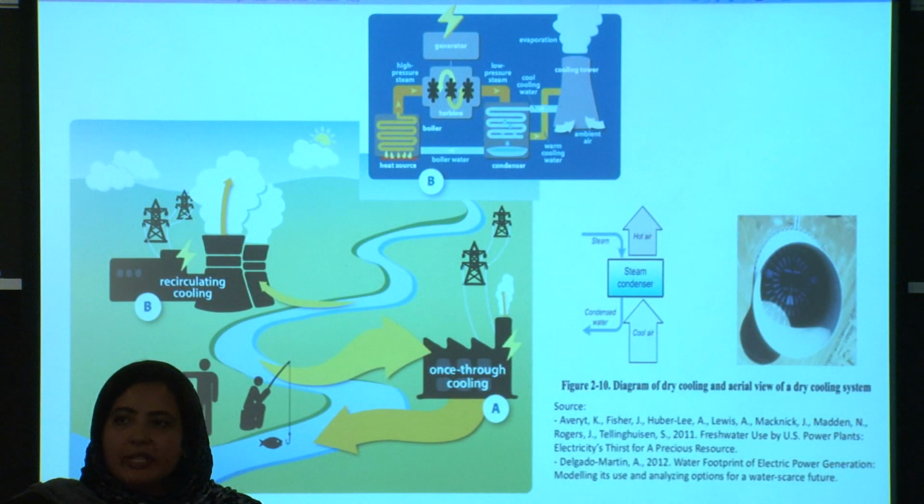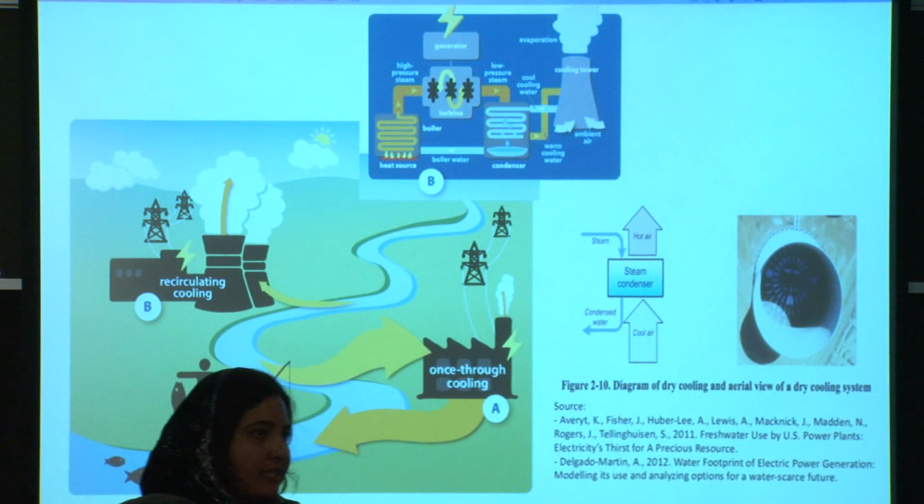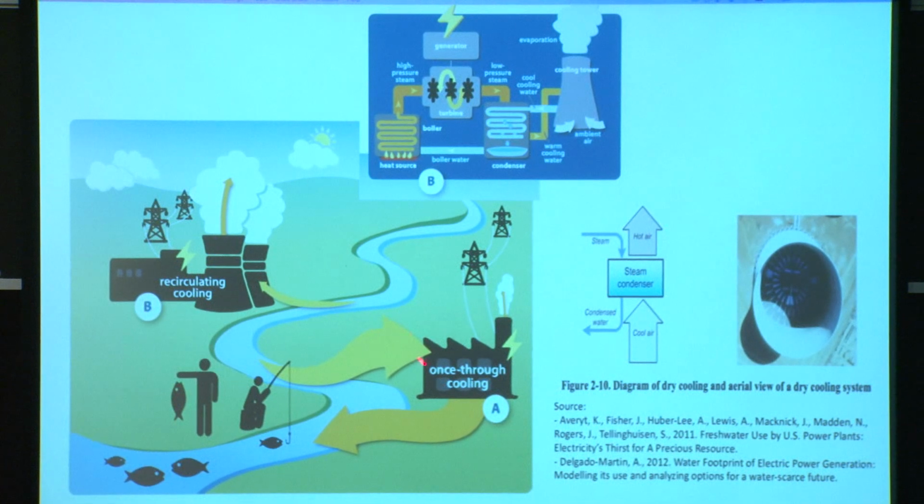In Saudi Arabia, we mainly use 3 cooling systems, but this model measures the amount of water used in 2 cooling systems. The main cooling systems are once-through cooling and recirculating cooling, or evaporative cooling. The recirculating cooling takes the water and uses it to cool the heat that is generated, and the water is evaporated into the atmosphere. Whereas the once-through cooling takes the water in using its current temperature and then uses it to cool the heat that is generated and then rejects the water again to the ocean or to the water reservoir that it was used from.